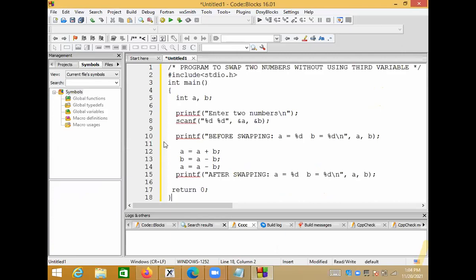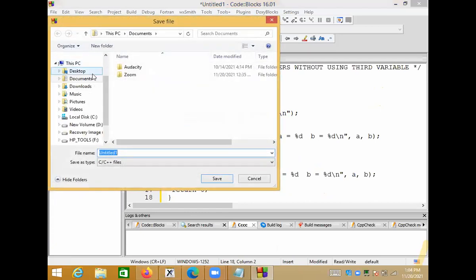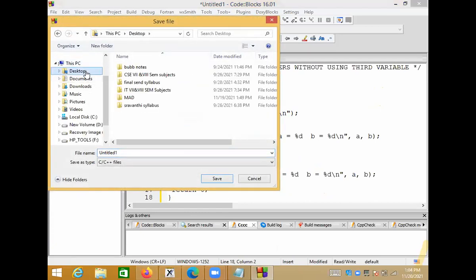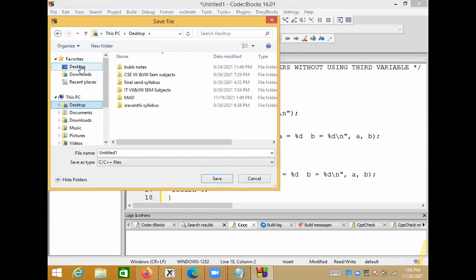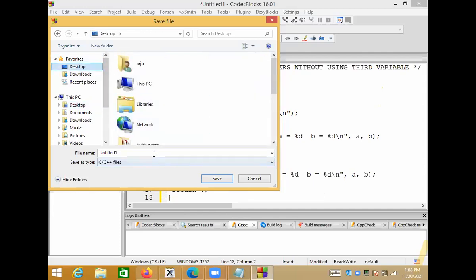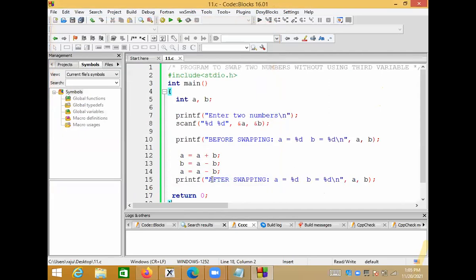I can paste here. Okay, so let me save the code on the desktop, something like 11.c. I'll save it as.